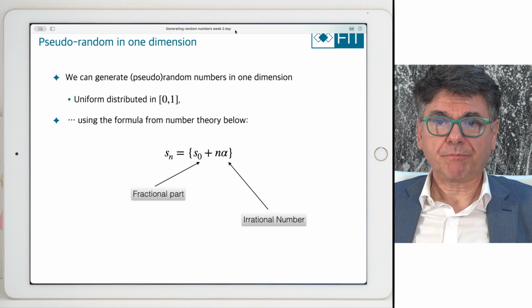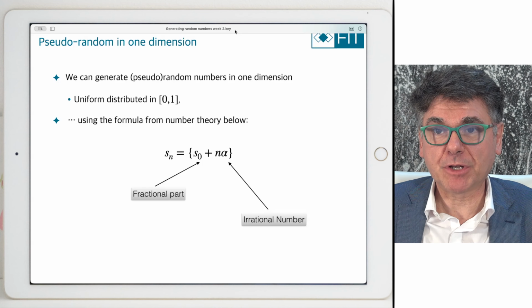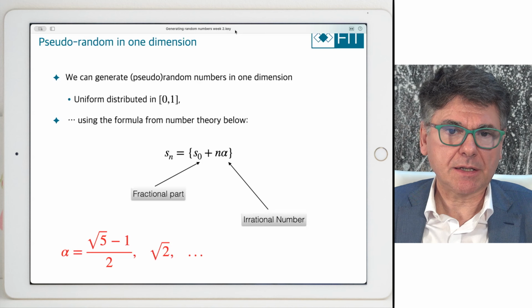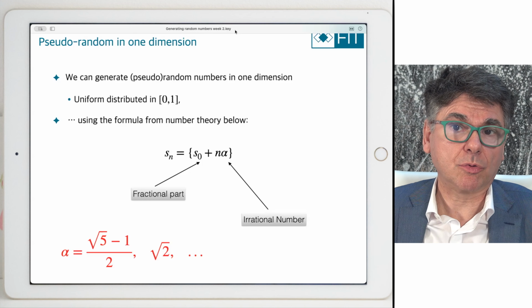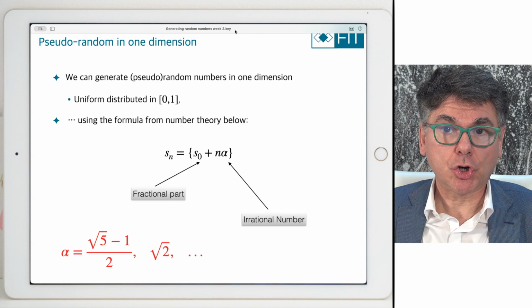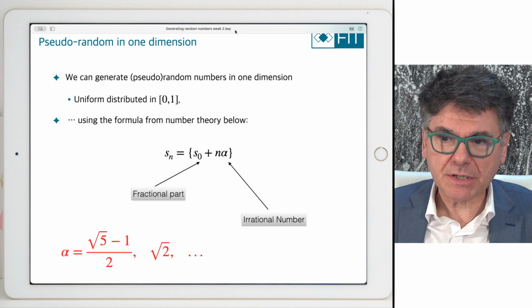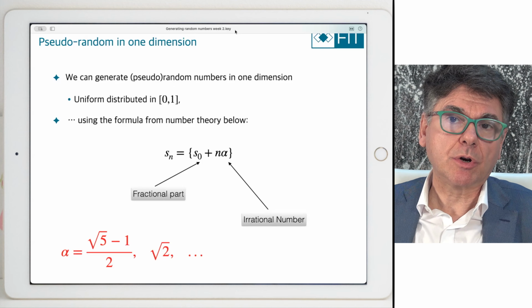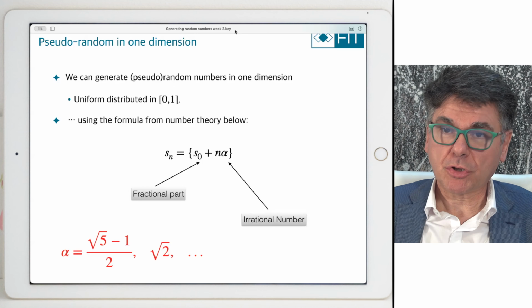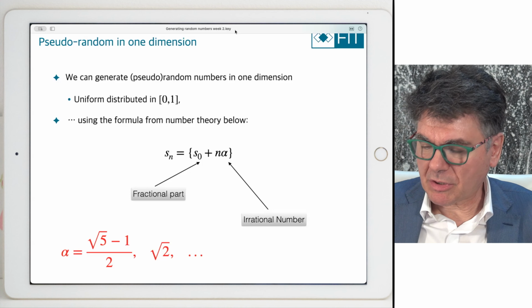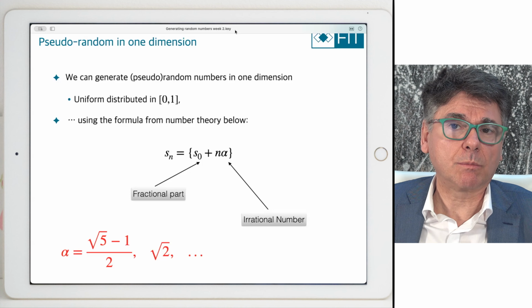Of course, this is predicated on the fact that alpha is an irrational number. Irrational numbers cannot be really put into a computer, because the computer will give us a finite digit representation of them. However, it is known that if you pick certain numbers, like the golden ratio, the square root of 2, or others, the result is going to be very, very close to what theoretically you would find. And the reason is that these numbers are very badly approximated by rational numbers. So you can generate millions and millions of random numbers, and they will look like what they should be.